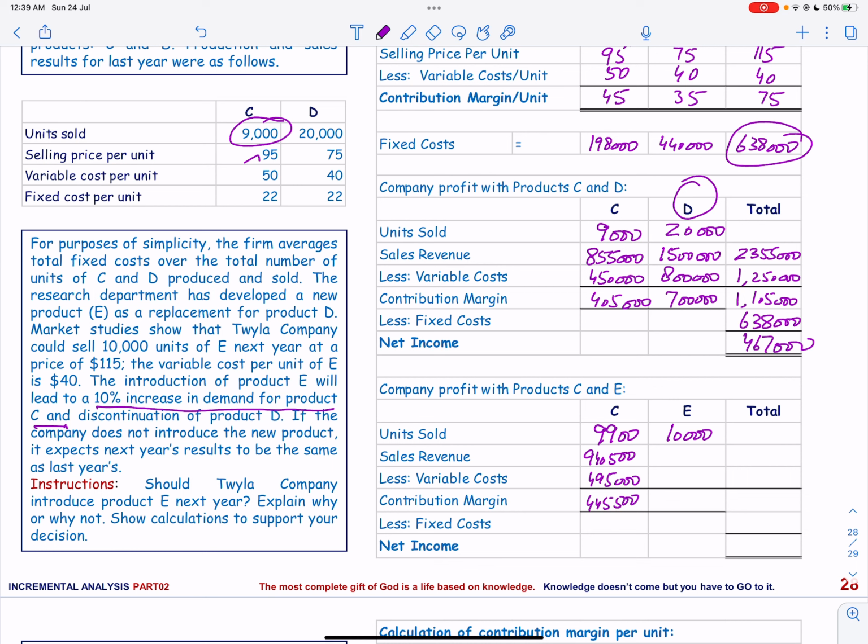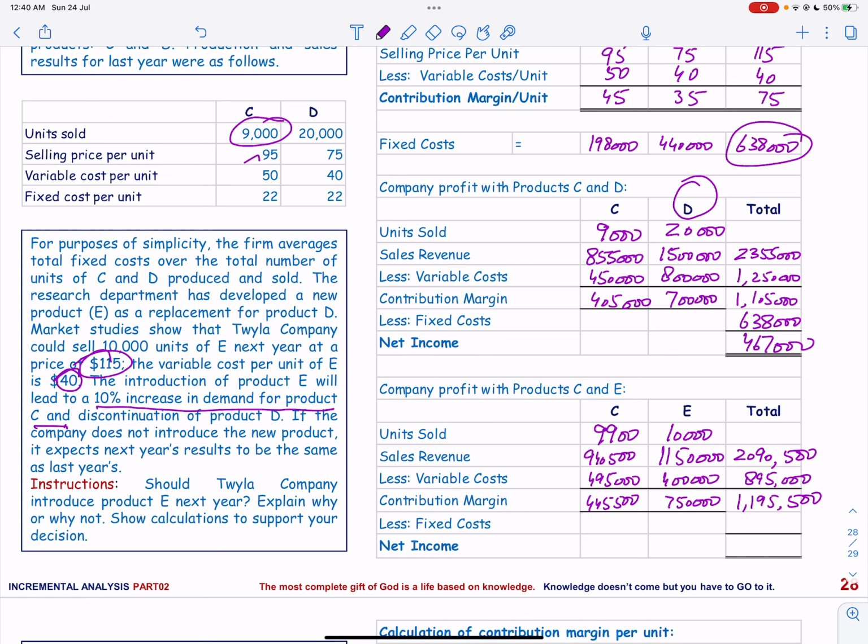And for E, they are selling at a price of 115 each. So 1,150,000. Variable cost is 40 per unit, that makes 400,000. So the contribution margin will be 750,000. The total sales will be 2,090,500. Total variable cost will be 895,000, and the contribution will be